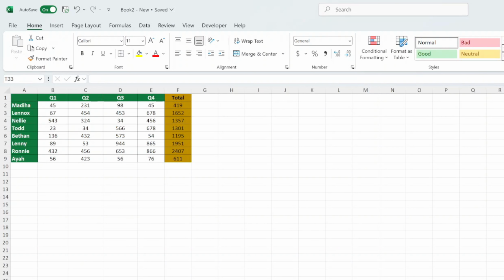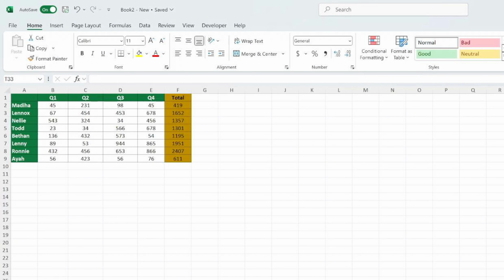This video tutorial will walk you through the steps you need to take to make the most out of this useful feature. So let's get started. Freezing panes in Excel is a great way to keep specific rows or columns visible while you scroll through large